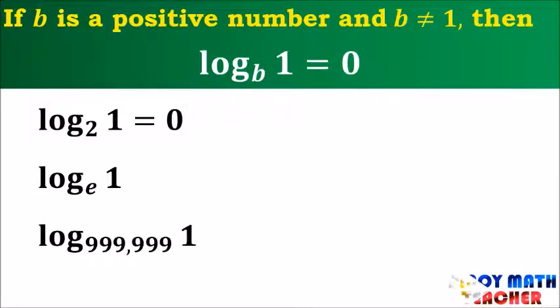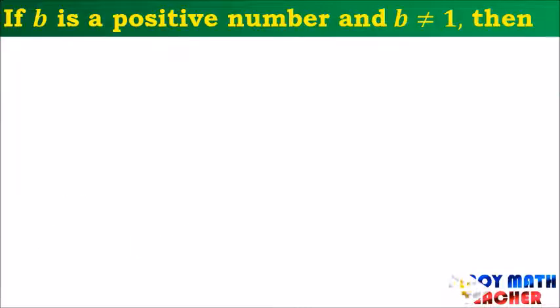So next, logarithm of 1 with base e, that is also equal to 0. And then we have logarithm of 1 with base 999,999. So kahit gaano pa kalaki yung base natin, basta 1 yung argument, magiging equal yan sa 0. So automatic na yon. Next property, we have